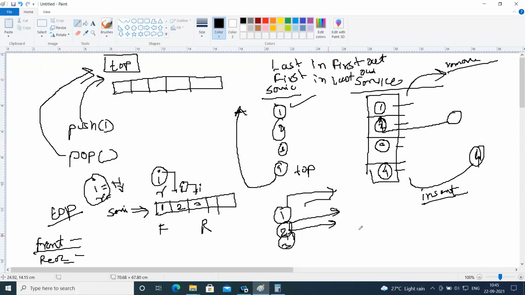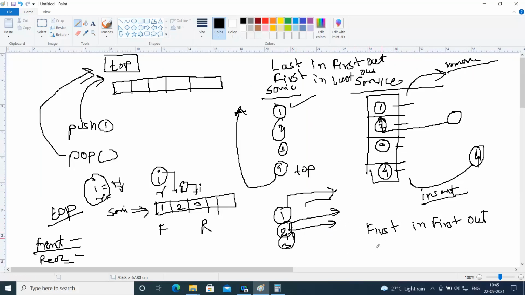In the case of queue, it's first in, first out. The entity that enters the queue first gets served first. The entity which entered first will go out first, the one which entered second will go out second, and the one which entered third will go out third.